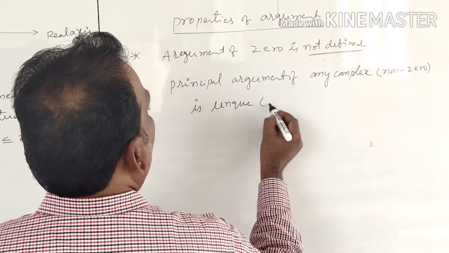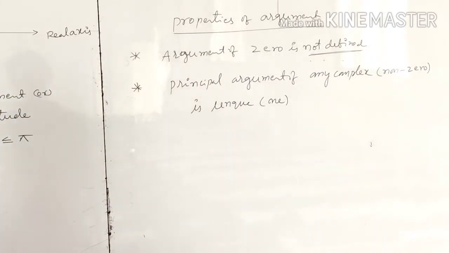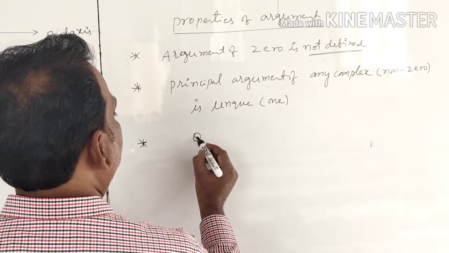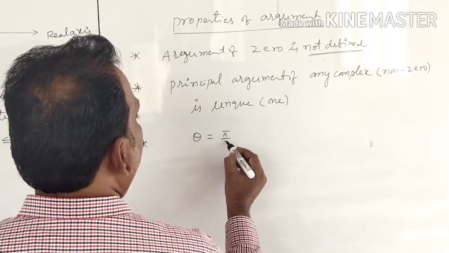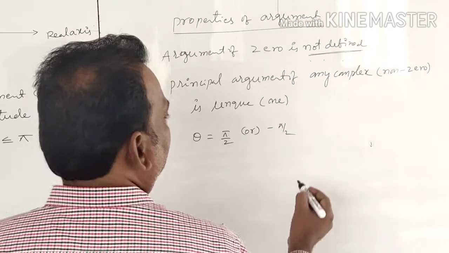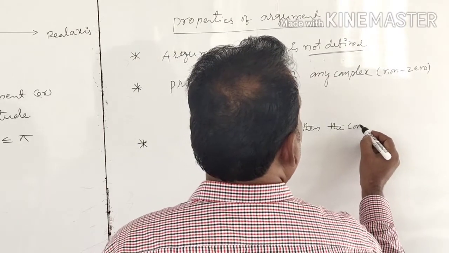Unique means only one value exists, not more than one. Next one, a very, very important point. If theta is equal to pi by 2 or minus pi by 2, then the complex number